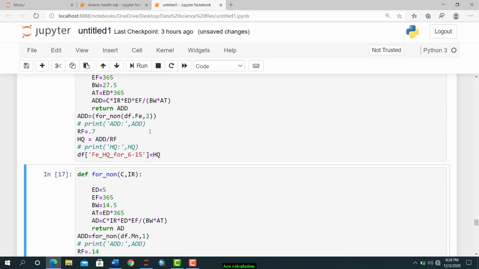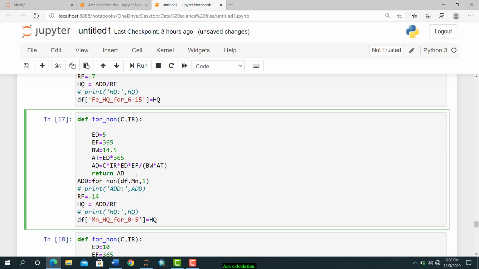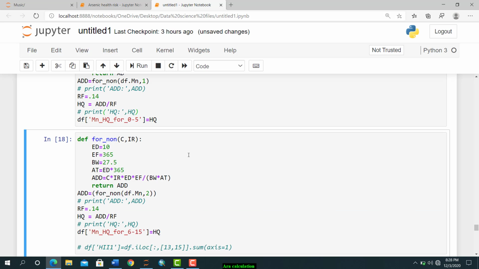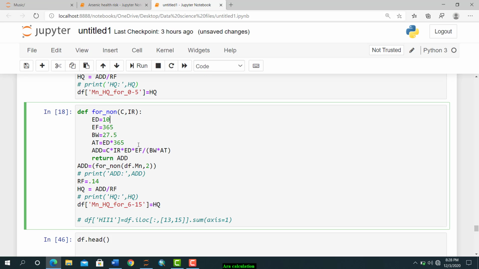Fine. So I'm not going to do that for 3 age groups, I am just going to do that for 2 age groups. Now again you have to do it for manganese, and now what will change is this RF. For manganese RFD is 0.14, so we have to write 0.14. That's it, and make sure that you have changed the column name here. For manganese, right here manganese, not for iron. Okay, then run it. Again for another age group,